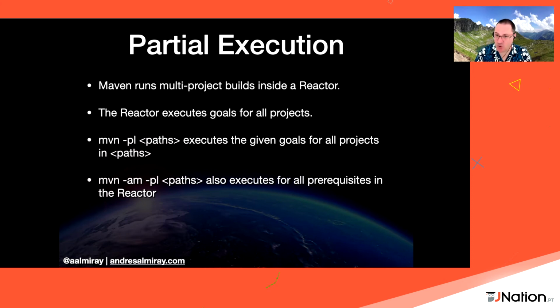But if you do this, you may find that some of these projects may fail if any of them have interdependencies from one another. In order to fix this, you pass in a second flag, called -am, that stands for also make. So what also make does is, given the list of projects that you have given as an input, it will look at all the dependencies within the reactor and say, I also need to make these other dependencies. Otherwise, the small set of project lists that you gave me will not work.